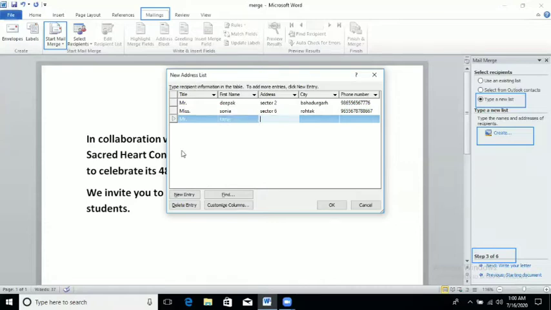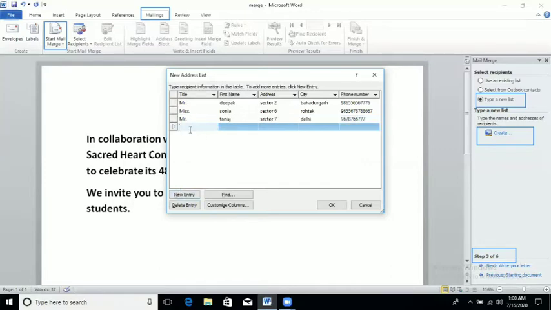I am entering five persons' records here. According to your requirement, you can write 10, 20, 30, 40, 50. I'm not counting how many digits I'm entering in the phone number. I'm just taking dummy data.